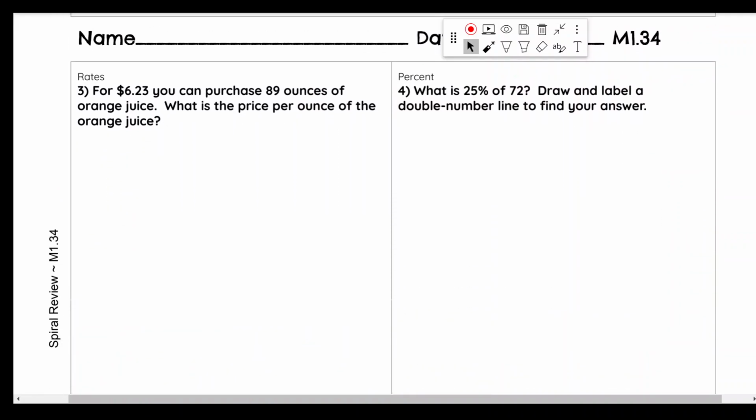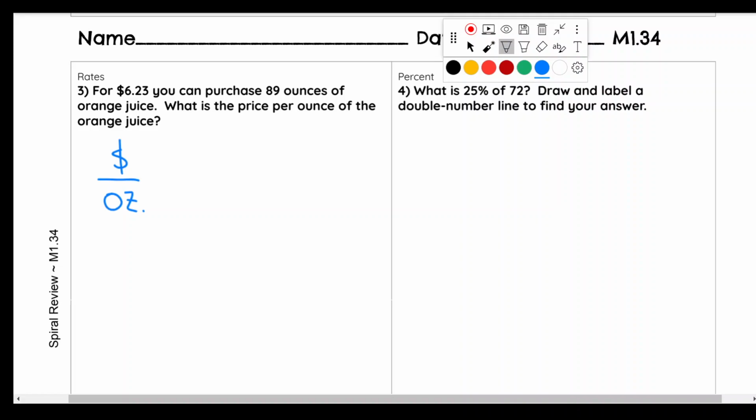For $6.23 you can purchase 89 ounces of orange juice. What is the price per ounce of the orange juice? So we're doing a unit price here. So I will have dollars per ounces,